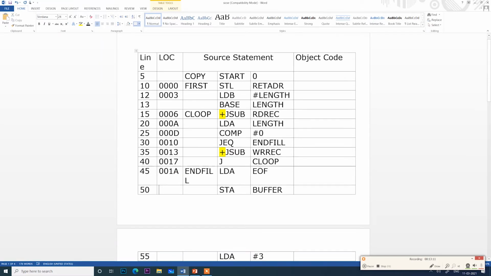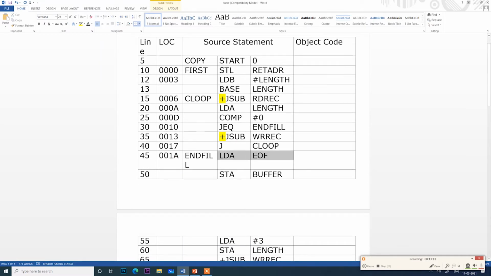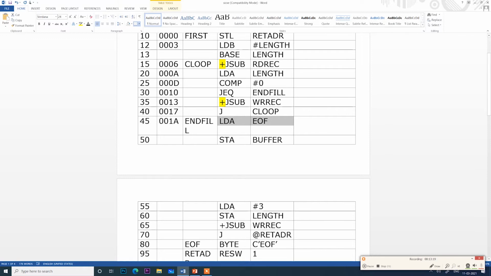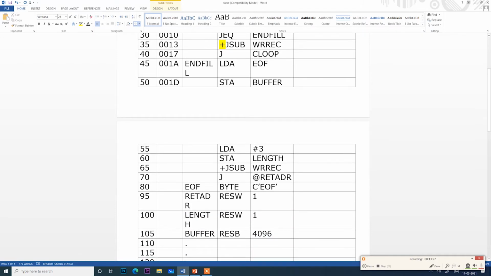Next, again it's a 3-byte instruction, LDA EOF. So A, B and C. So the next one will be 001D. Then this is again a 3-byte instruction, D, E and F. So the next one will be 0020.